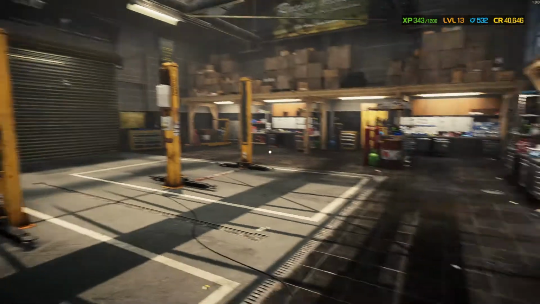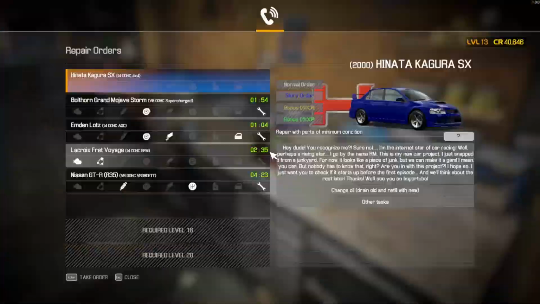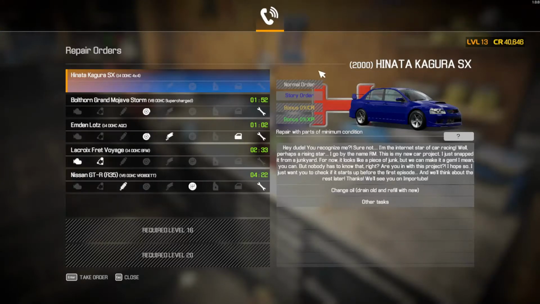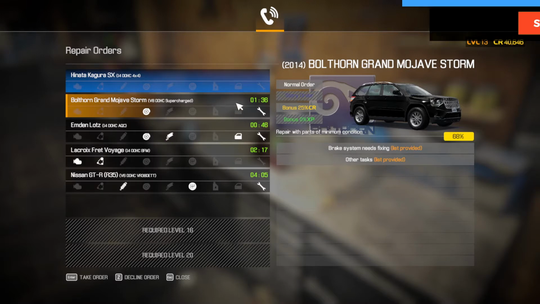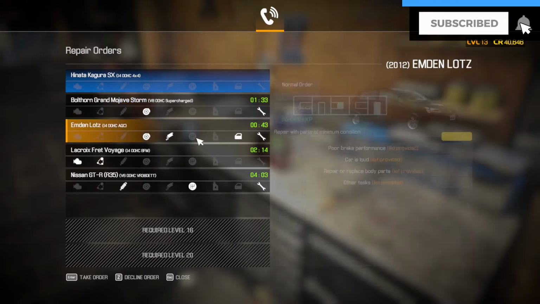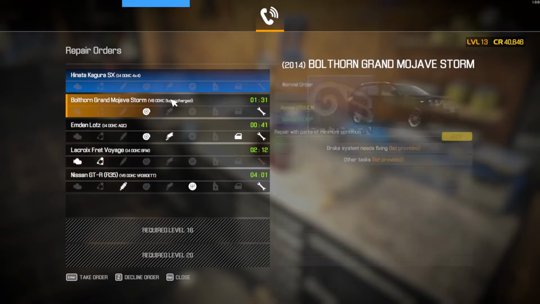Now, the easiest, or just the most common way, is just by doing all these types of jobs. Now, there is one type of job that will give you more money. Just always look at these bonuses. So, first of all, for example, this Bolton Grand Mojave Storm has a bonus of 25% CR. So, you're going to get 25% more of these. So, often just look in this list and just take them and be sure to just stack them kind of